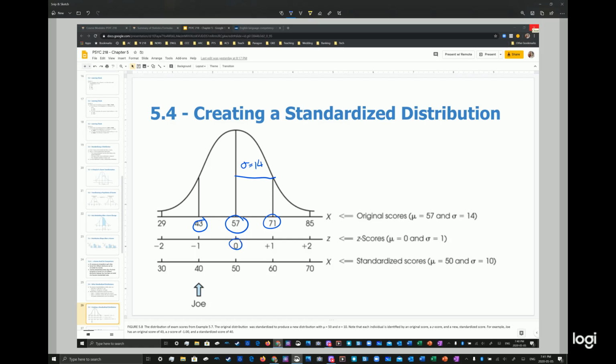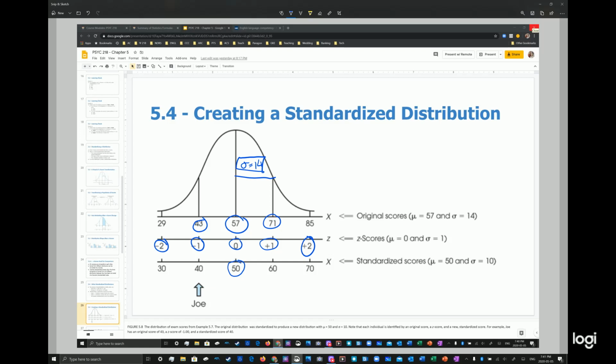So the 57 becomes 0 because that's the mean. And then the standard deviations are going to be z's. And then we multiply the z-scores by some value again. In this case, instead of 57, we multiply by 50. And we change the standard deviation from 14, notice here it's 14 in the original distribution with the original